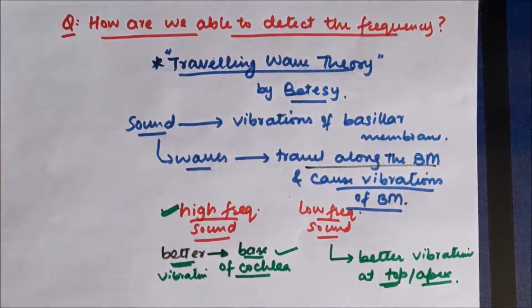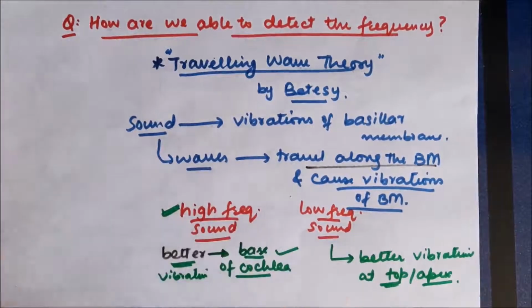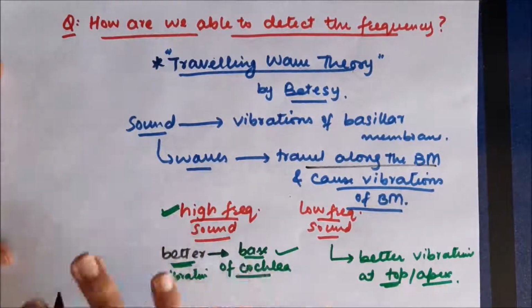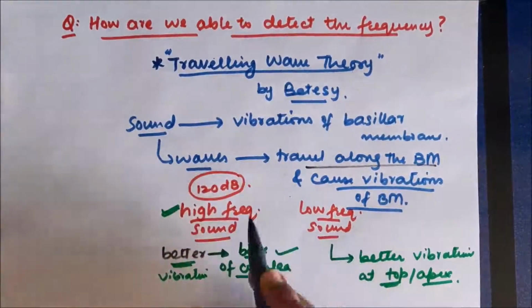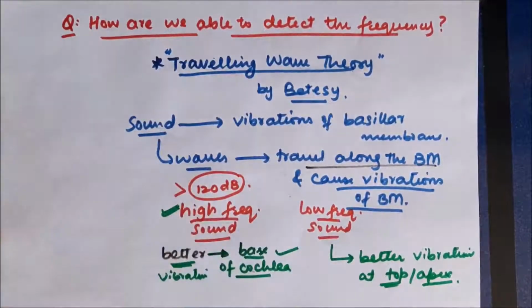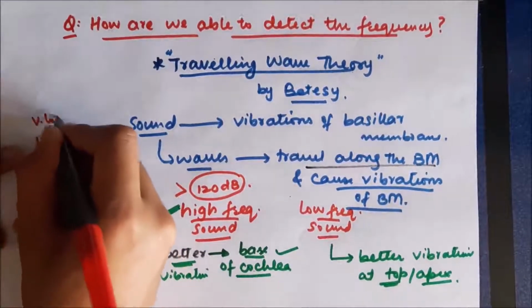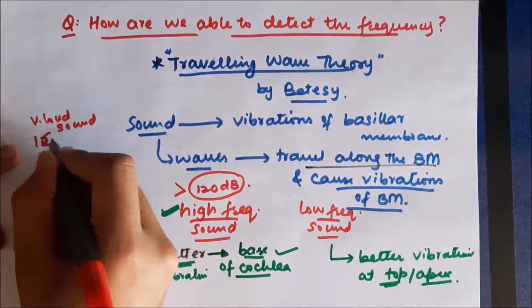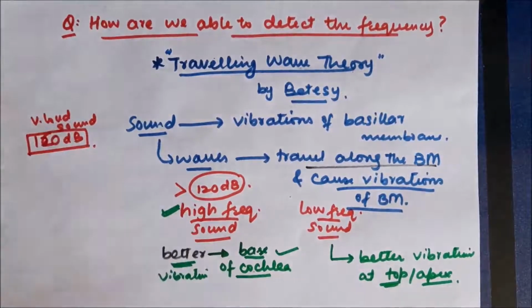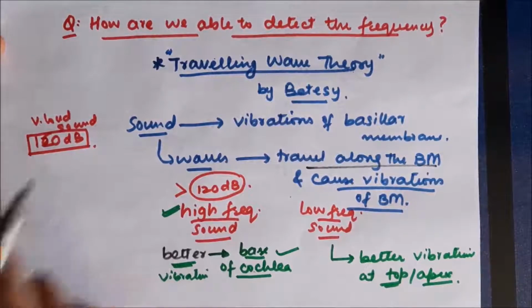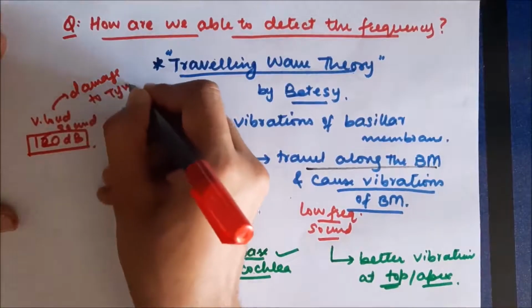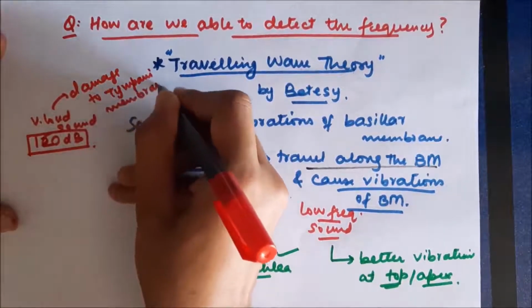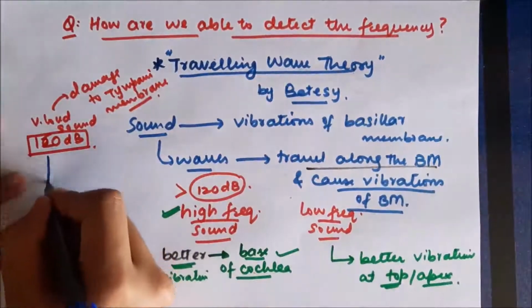Now if we hear a very loud noise, it can damage the tympanic membrane of our ear. Normally a sound up to 120 decibels cannot cause damage to the tympanic membrane. However, if a sound has more intensity than 120 decibels, it can cause damage. Let us say we hear a very loud sound of 160 decibels. As this sound reaches the tympanic membrane, after the tympanic membrane we will be able to hear a sound of only 120 decibels.